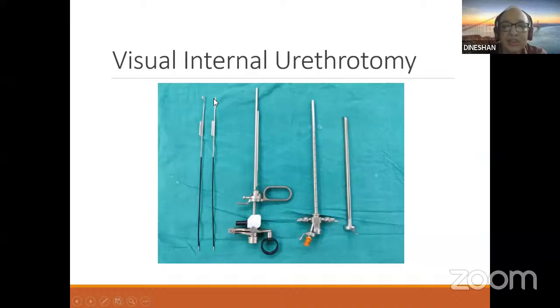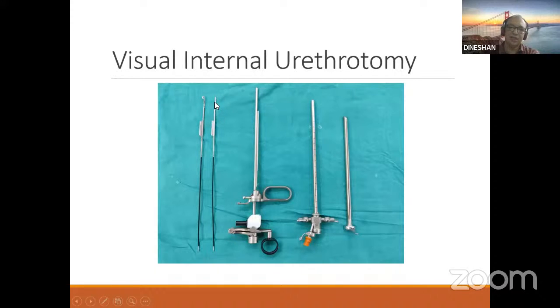You pass it through the stricture, and with a downward movement of this proximal end, you elevate the tip of the knife and cut.